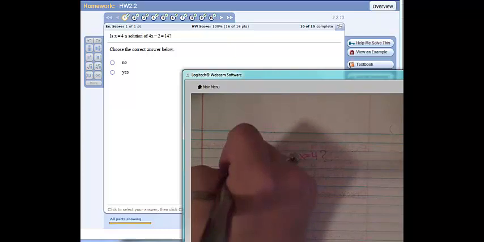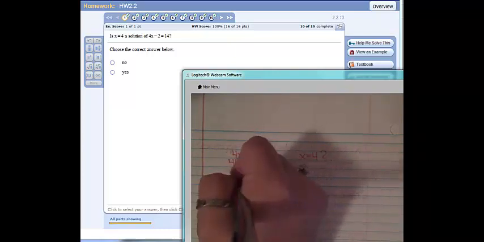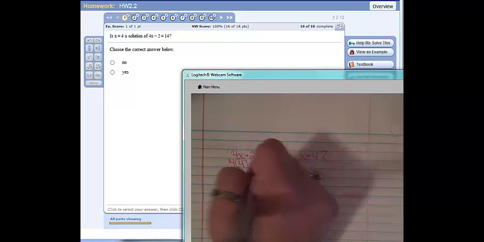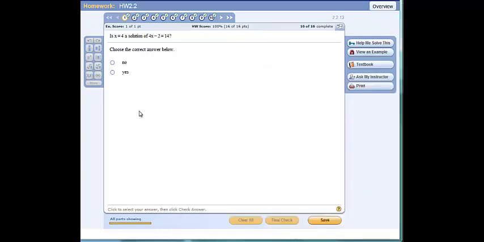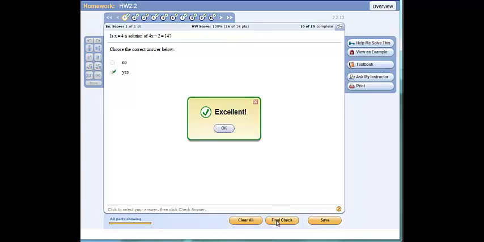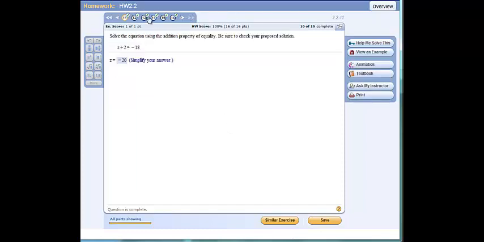4 times 4 is 16. 16 minus 2 is 14. So we get 14 equals 14, so that's true. So is x equal to 4 a solution? The answer is yes. We are going to check. We got it right. Now let's jump ahead to